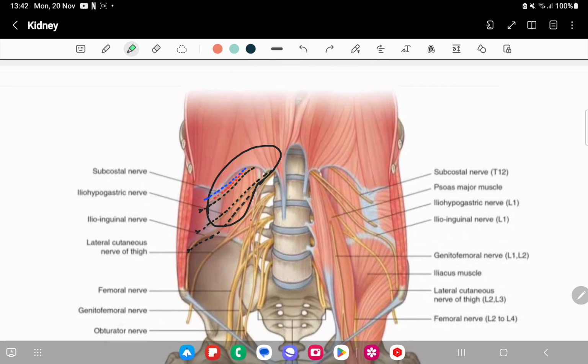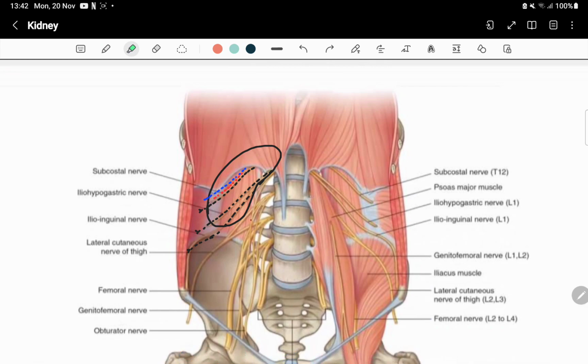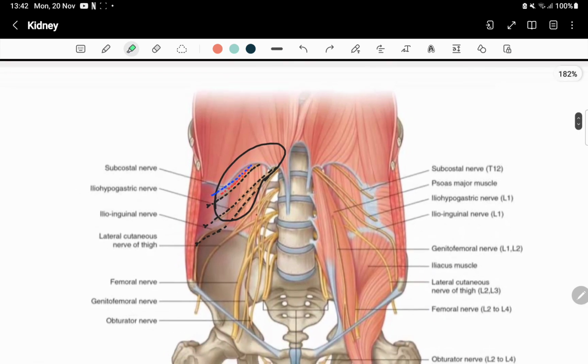Okay, and what are the muscles that are present? Your psoas major, and this psoas major muscle is this muscle. Okay, this muscle will be forming a posterior relation of the kidney. And then you have the